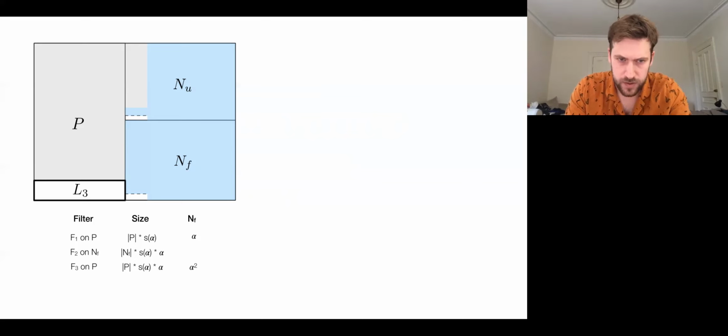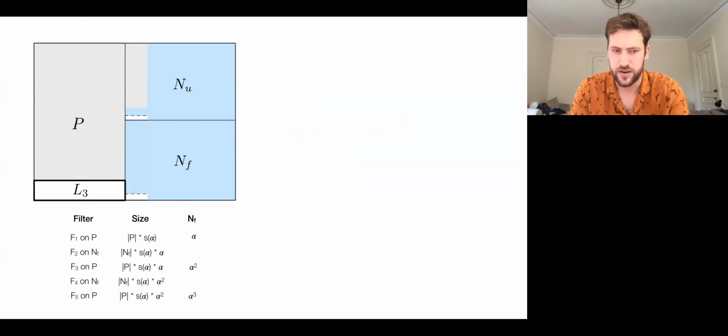And so this is basically just a way to go from the false positive rate of a single filter to its actual size. And then the false positive rate itself is alpha. And so this gives us the size of each layer. And then the false positive rate on the frequently queried negative set is just going to multiply. And then we can continue this down to F4 and F5. And then for mathematical convenience, it's going to be very nice to think about an infinite stack of these stacked filters. We're never actually going to build this infinite stack, but it makes the equations very easy to read and